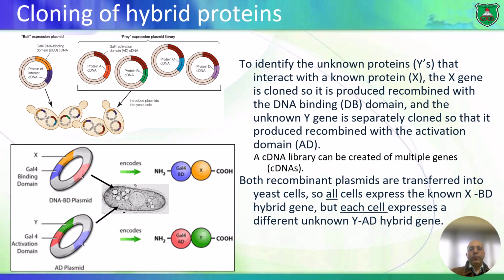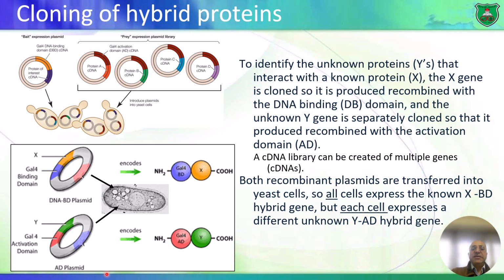So the previous example was simple. I'm dealing with X and Y, just one single protein, X, and one single protein, Y. Now, let's make things a bit harder. I want to identify all of the proteins that can interact with X. Not a single protein. I'm not testing a single protein. I want to identify all of the proteins that can interact with X. So,